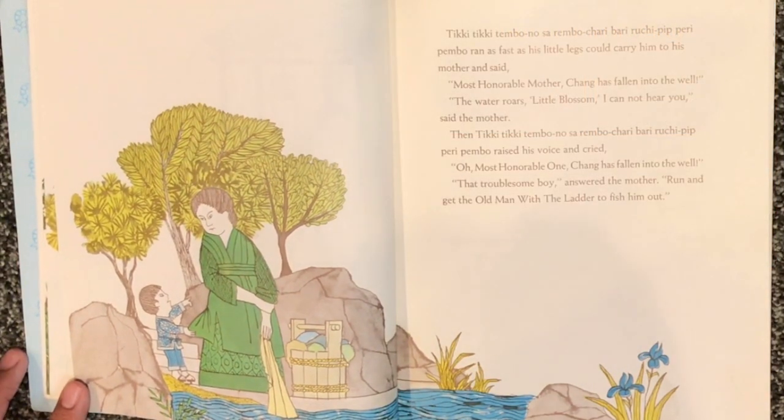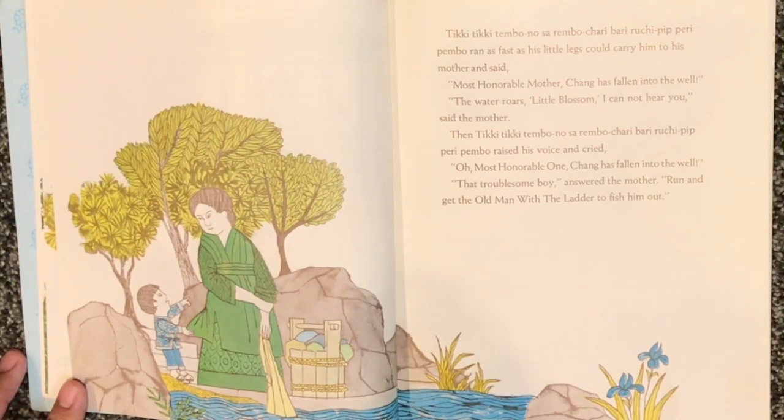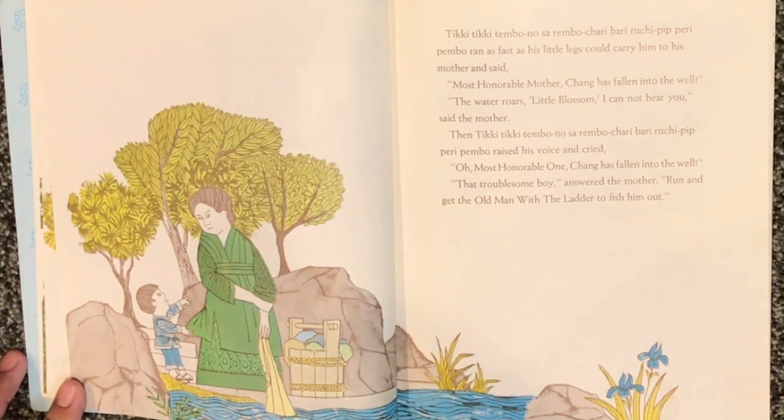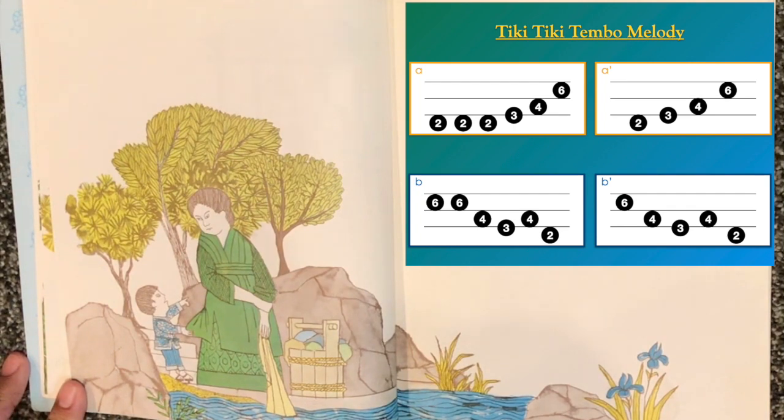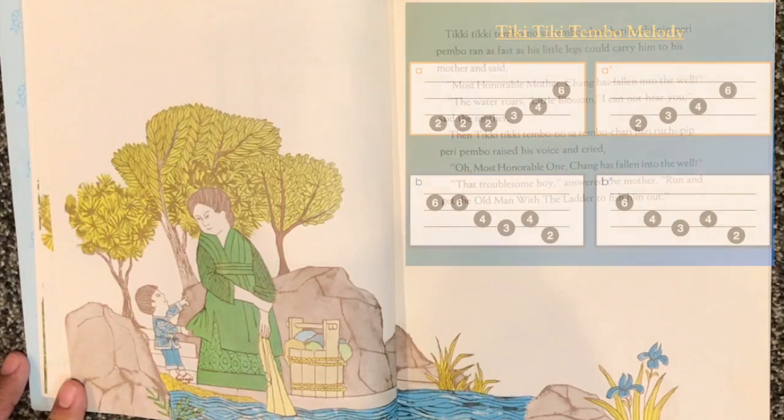and said, "Most honorable mother, Chang has fallen into the well." "The water roars, little blossom. I cannot hear you," said the mother. Then, Tiki Tiki Tembo, no Sarembo, Chari Bari Ruchi Pip Perry Pembo raised his voice and cried,